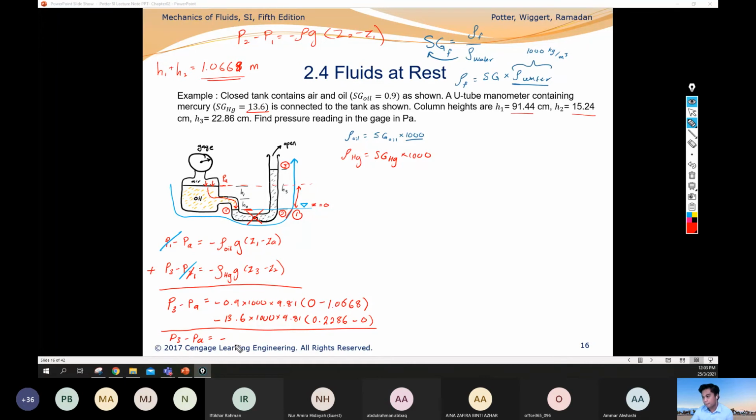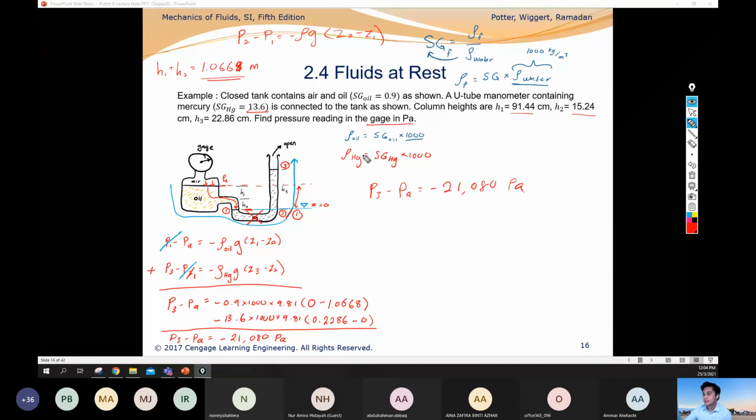Must be negative. 21,000. Okay, 80. What's the unit? Pascal. Yes, all the pressure, Pascal. You don't have to think Newton per meter square, just make it Pascal, simplify. So now you know P3 minus PA equal to negative 21,080 Pascal. When the question asks for the gauge pressure, remember: